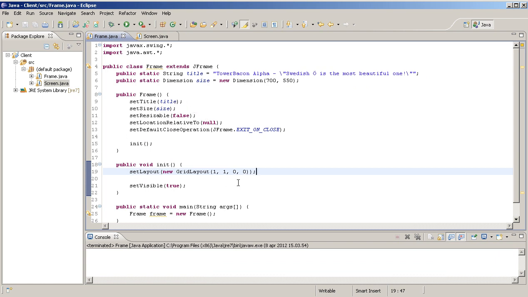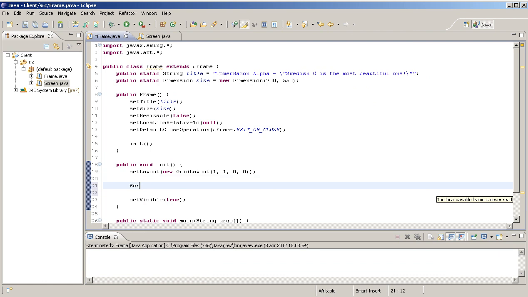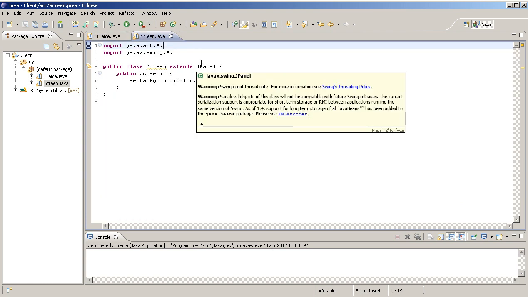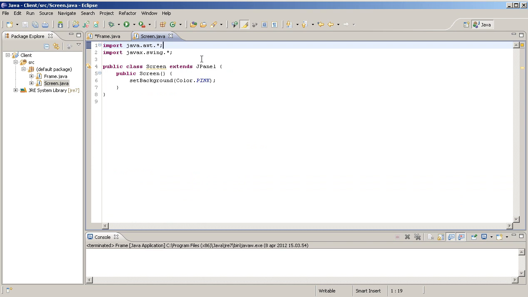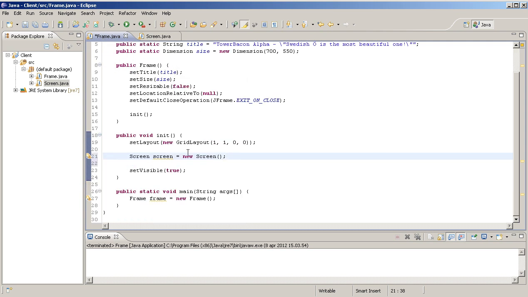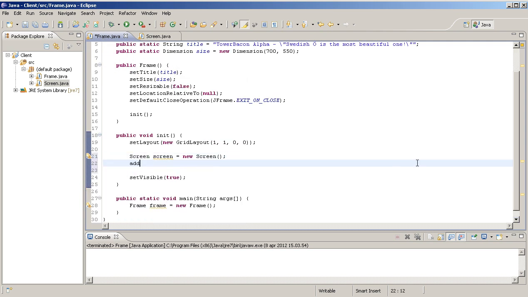All right. That's very, very good. So screen equals new screen. Now we're basically creating a new object of the screen, and this screen extends the JPanel, which means it takes everything from the JPanel class and inherits it. Anyway, never mind. So it's basically extended by the JPanel, which means it's pretty much the same as the JPanel. It's basically the same thing, and we're basically creating an object of that,